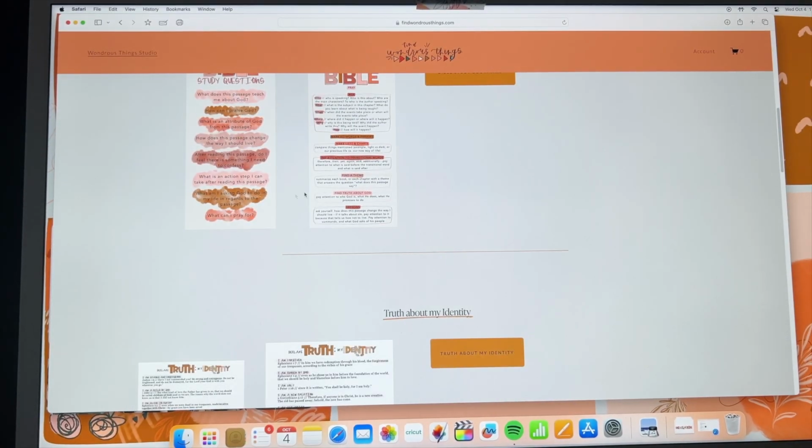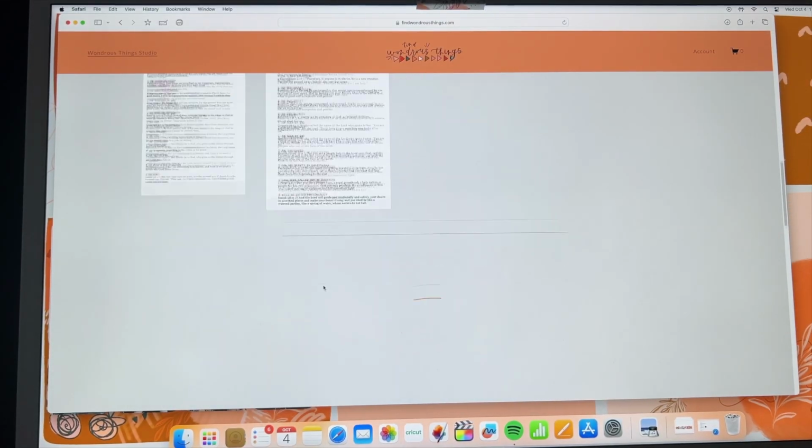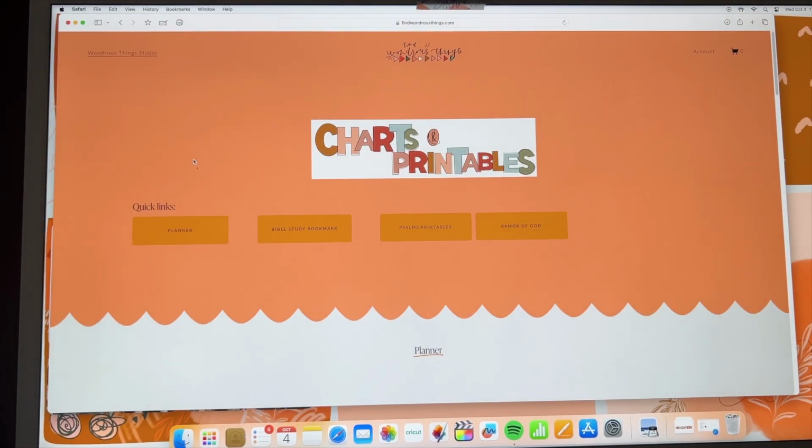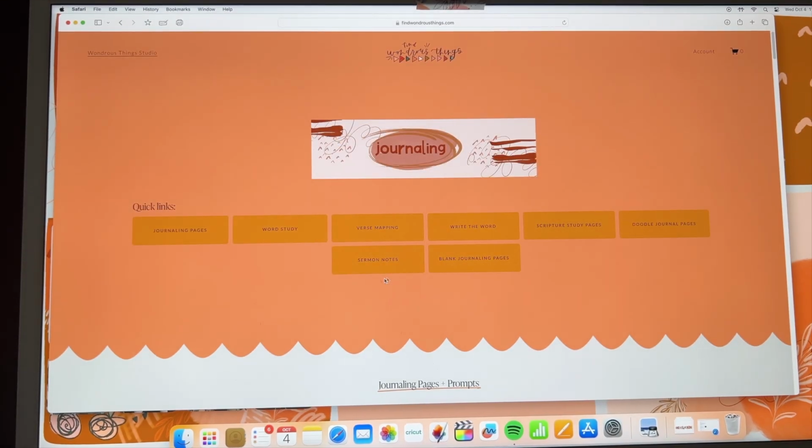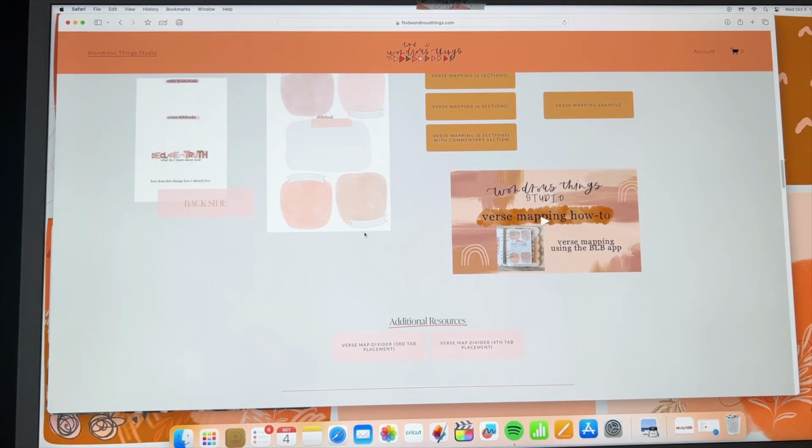So, but anyways, charts and printables is just, like I said, just printables. Okay, let's go to journaling. So journaling has all these. So again, if you're like, oh, I really need a verse mapping page, you just click on verse mapping and